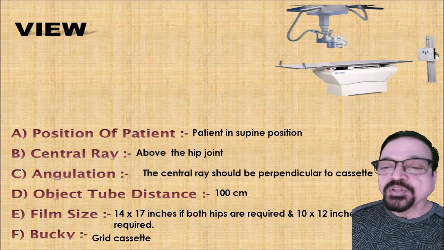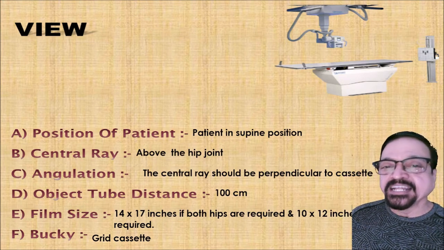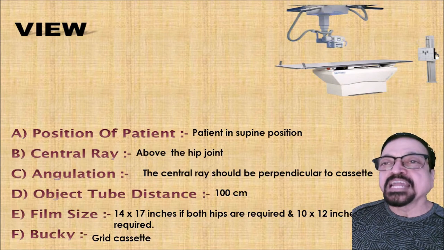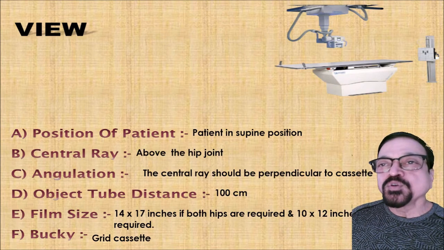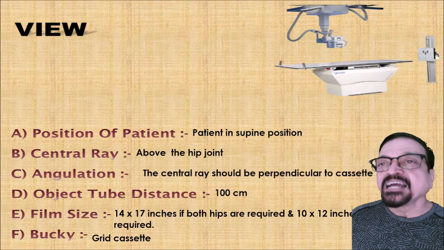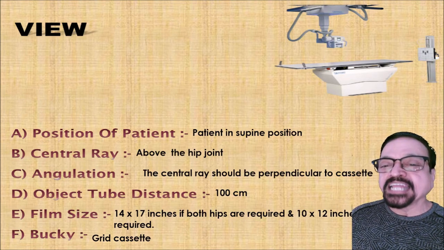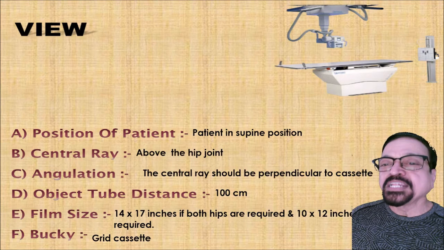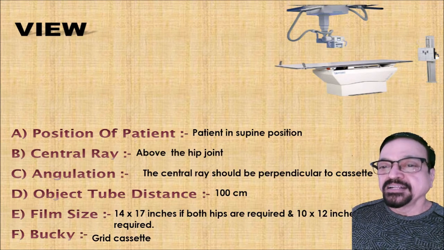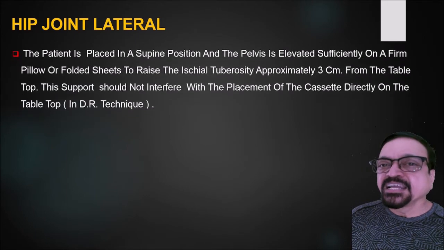Here you have to use a grid cassette. Now a grid cassette, as you know, is a cassette with a grid. It can be an inbuilt grid or it can be separate. Earlier we used to use a CR cassette and a grid separately. Before that, in the time of darkroom processing, a grid cassette was available, but now in the era of digital cassettes, the thing can be managed on software. So no stationary grid is required in all these things.